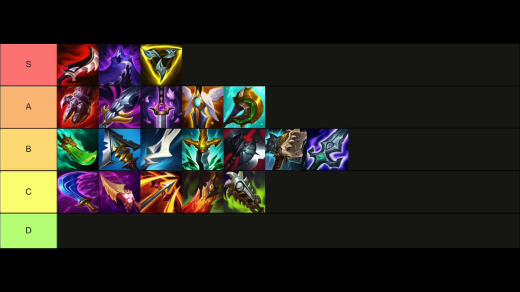Divine Sunder, there's a case to be made for it to be S tier, however it's just overshadowed by how good Trinity Force is right now. Yomu's is in A tier, which is again another really good item, however in most cases Duskblade will be better and they're very comparable. For tankier options, for against heavy AD or into the late game, you want to build